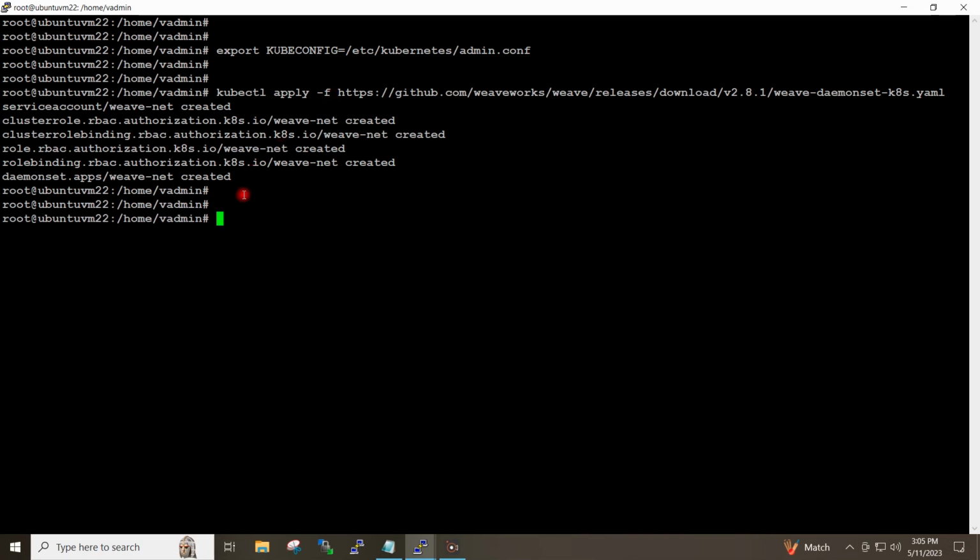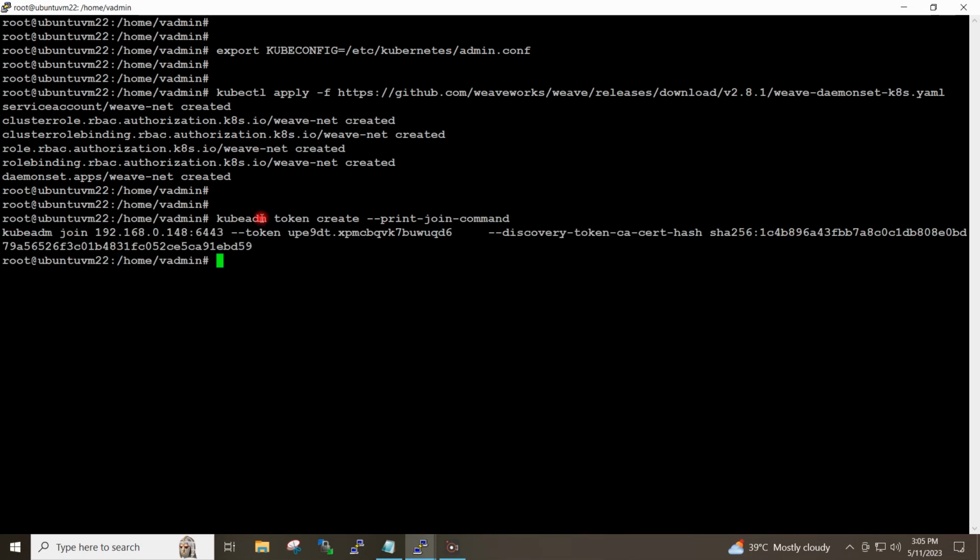So I'm going to configure this node as the master node. So I will generate the token on it so that I can configure the worker node. I will give this command to generate the token. I will now go to worker node,